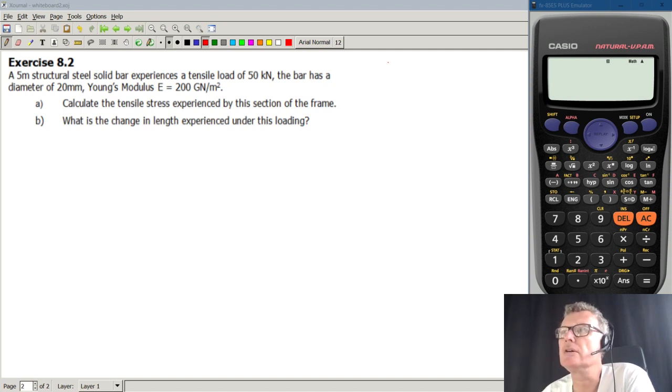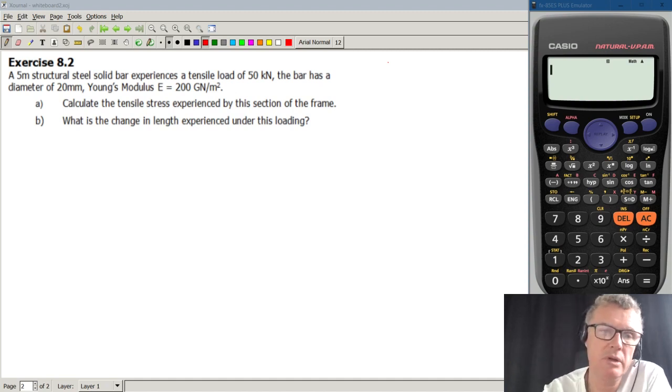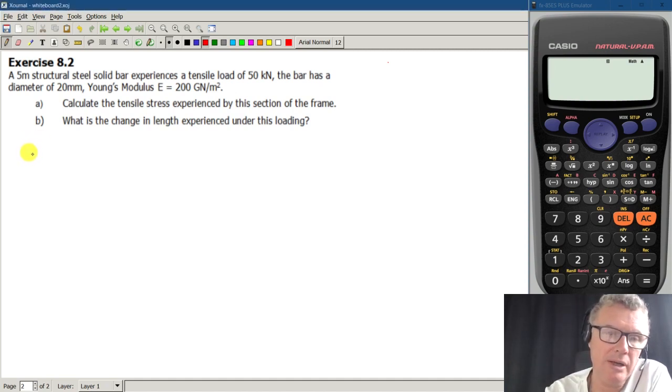It sounds like just the same as the last question we looked at, and what the answer's looking for is 159 megapascals and 4 millimeter extension. Okay, so be a bit careful here. Now we're doing change in length and not just strain, whereas before we were doing strain. So that's the only difference between the two questions. So for part A,